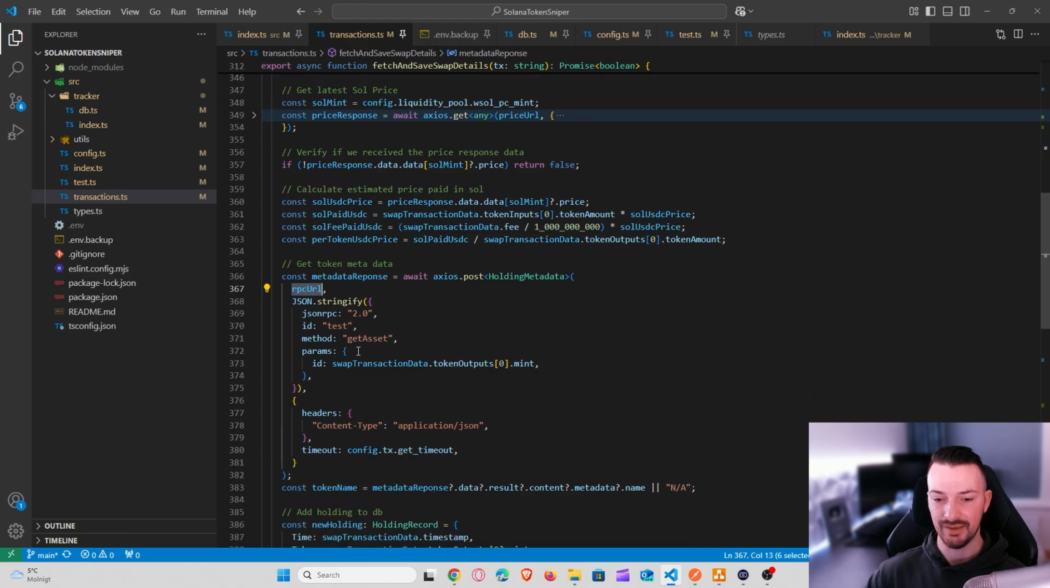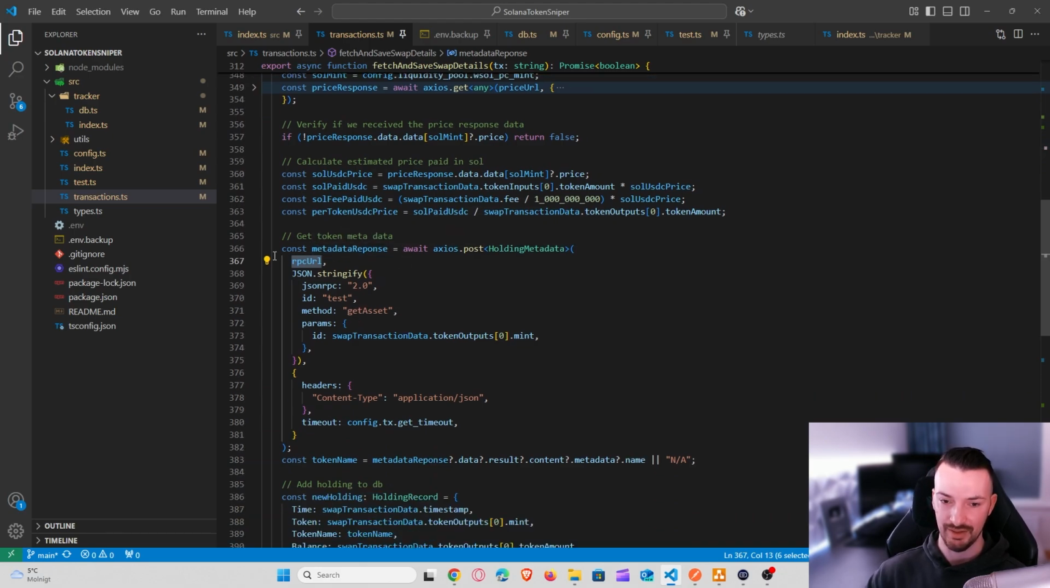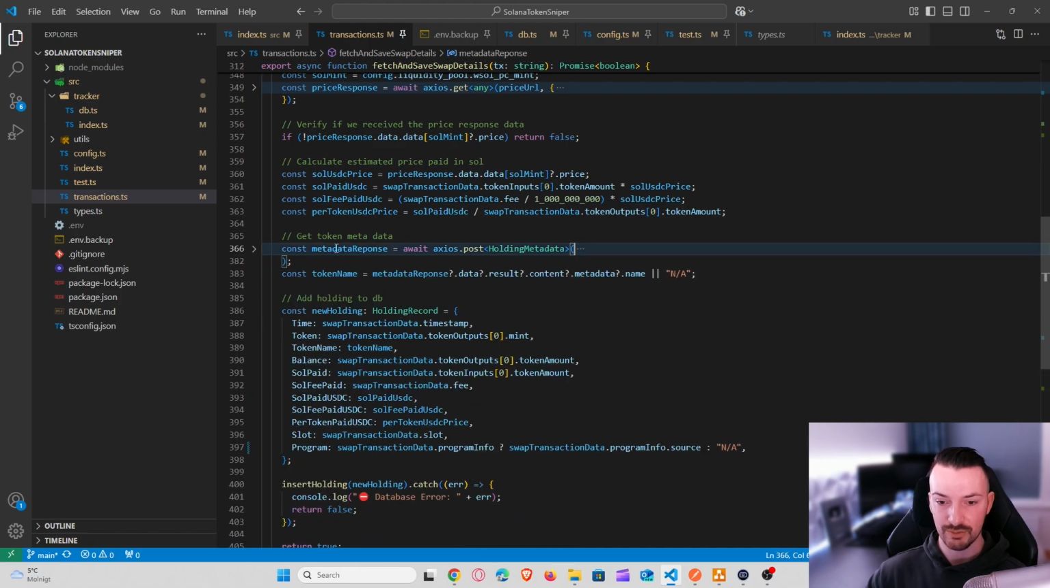So we have a better idea of what token we are making profit for and what token we are making a loss for. So that is what we do here. We're getting this information on what the actual name of the token is, or the actual metadata of the token. Once we have all this information, like when it was bought, the token, the mint, the token name, so the metadata, the balance of the